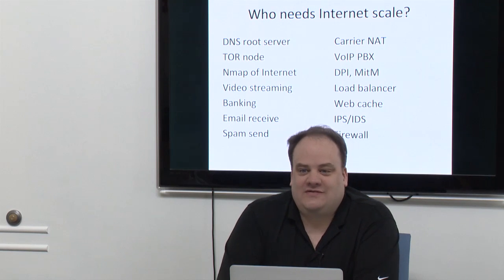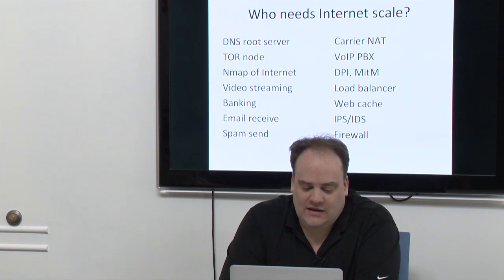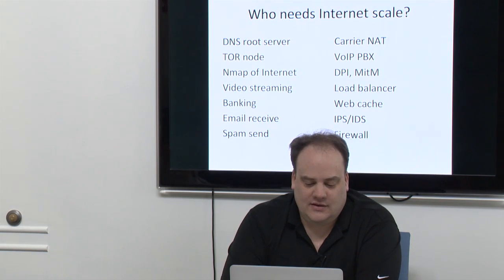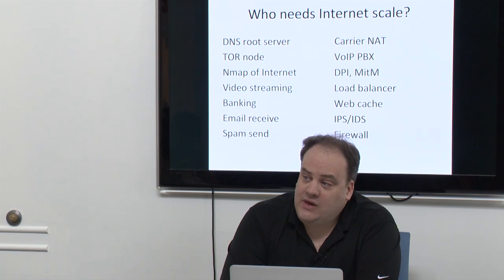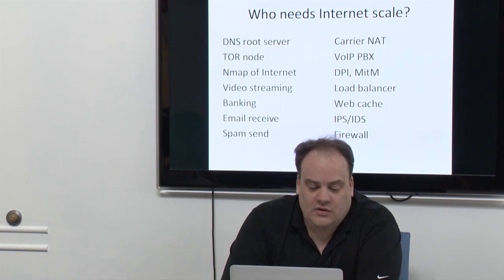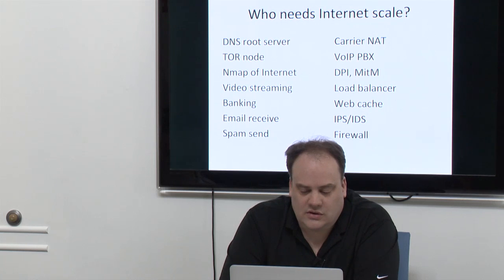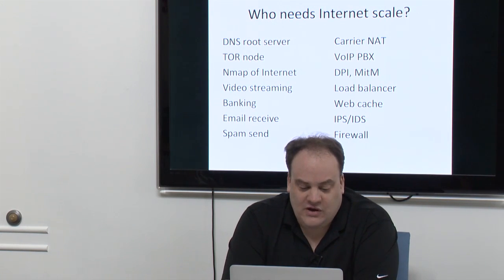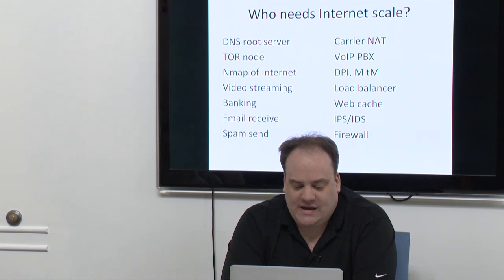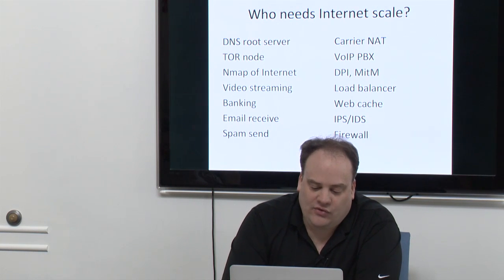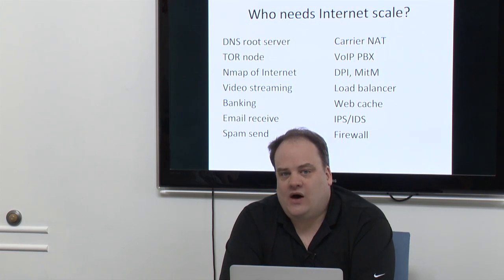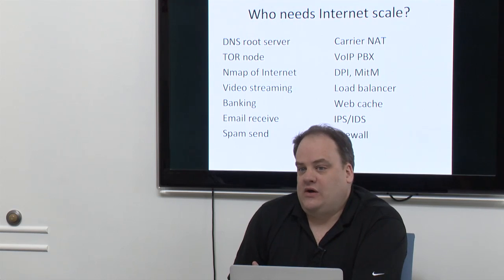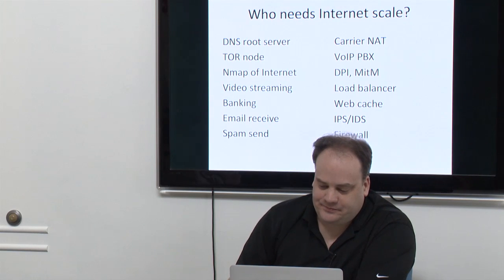So what sorts of things need this sort of scale? It's things that serve the web, that are exposed directly to the web. It could be things ranging from a DNS server to a Tor exit node. You all know what Tor is, right? I assume you all do. A video streaming server, a high-end banking app. These are all things that need this level of scalability. It's not just a few thousand people you're serving, it's the entire internet with billions of people.